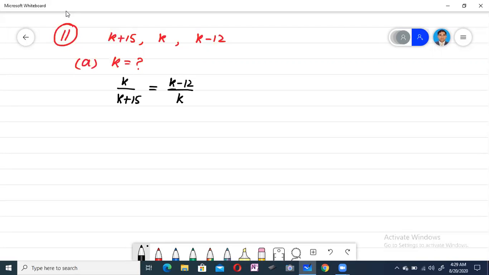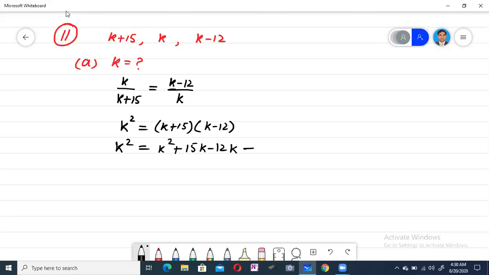Now we will simplify. K into k is k square, will be equal to k plus 15 multiplied with k minus 12. Then k square will be equal to k square plus 15k minus 12k